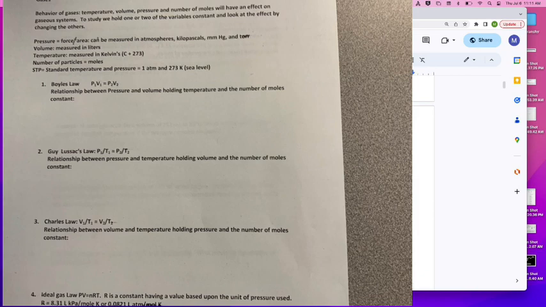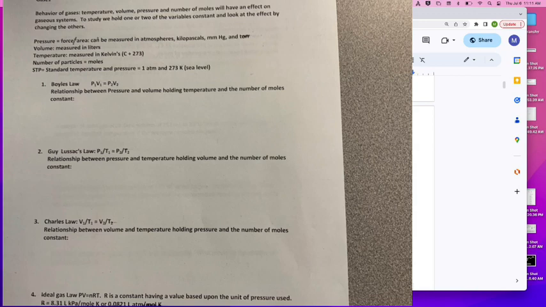Gas pressure. Each of those particles that I breathe in, those gas particles, are impacting the sides of the balloon. When it's not inflated, when we just flap it around, there's still gas particles impacting the sides of the balloon, but there's not enough impacts, which means the balloon doesn't expand. It's only when I breathe in enough gas into it that we increase the amount of impacts. Those impacts now expand the size of the balloon. So there's an impact per area that causes the change in the size of our balloon. That's where we're looking at pressure.